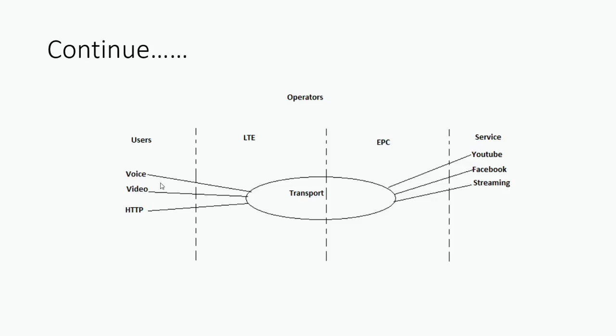Then we have an LTE radio part and an EPC part, and to connect the radio part to the EPC part we need a transport network. Let's suppose the circle here represents the transport network, more like an IP/MPLS based network. So you can access all the traffic from the radio across the network in order to access the service. You can see the different services also in the figure. A service could be data streaming, like we have YouTube, Facebook.